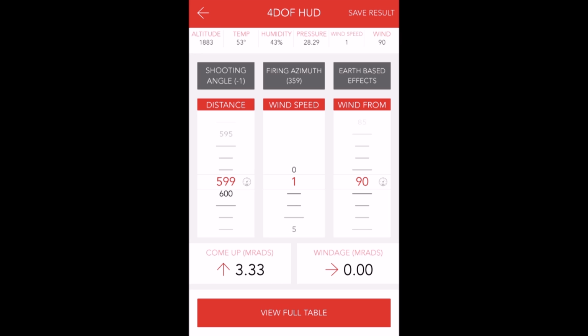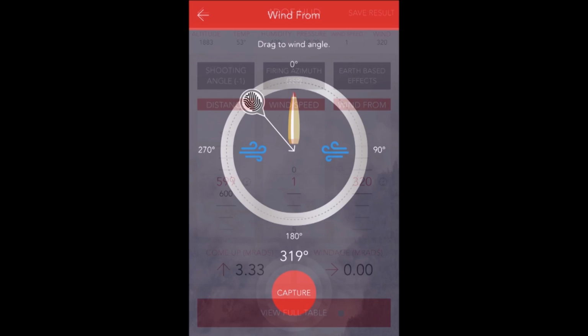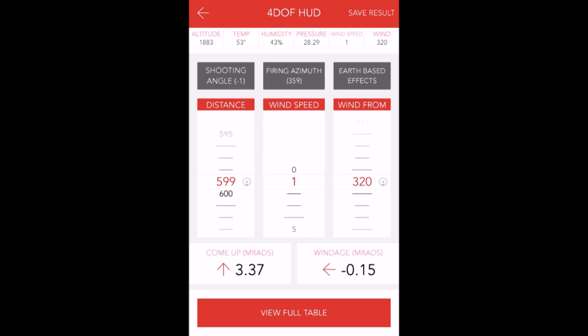Lastly, we have the wind direction. Again, you can scroll this wheel up and down to get your desired wind direction, or simply press it and you'll be greeted by this screen. You can now simply drag the arrow in the direction that the wind is blowing. We are now ready to dial this solution and put a 5-shot group on paper to obtain our axial form